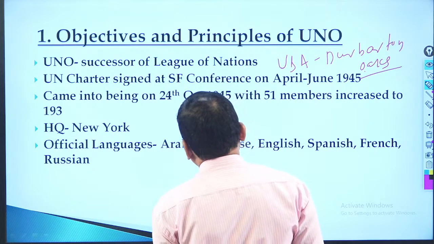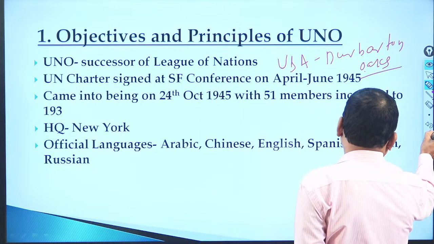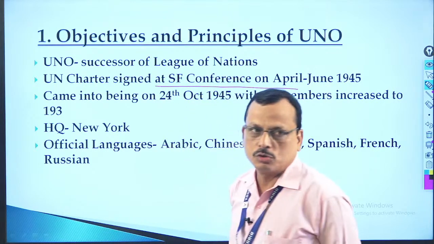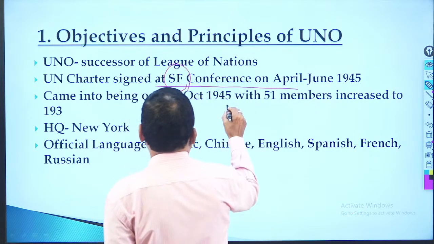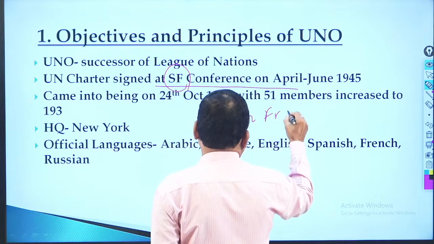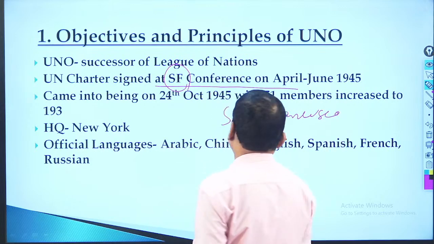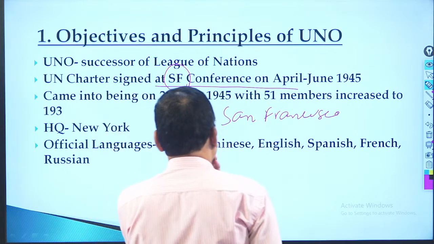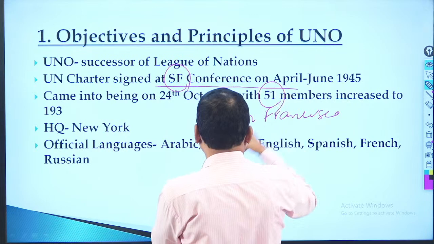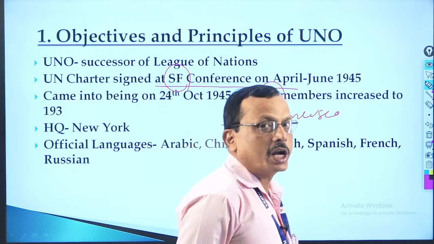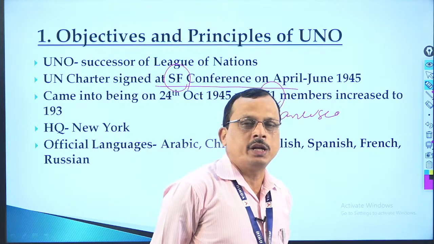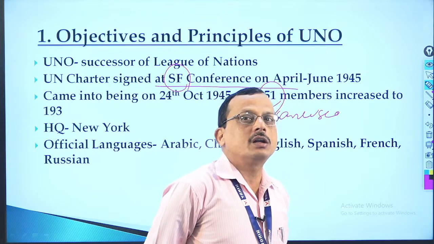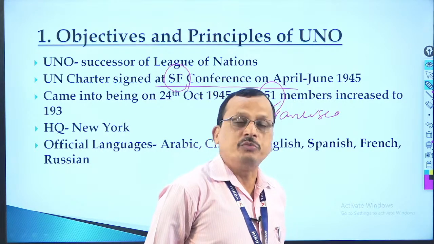and the process marched further, and the UN Charter to create this organization was signed at the San Francisco Conference in USA. So SF stands for San Francisco. It is another place in USA. The San Francisco Conference was held in USA, where around 51 countries gathered and signed the UN Charter to create another global institution to be the successor of the League of Nations with wider power and wider objectives to